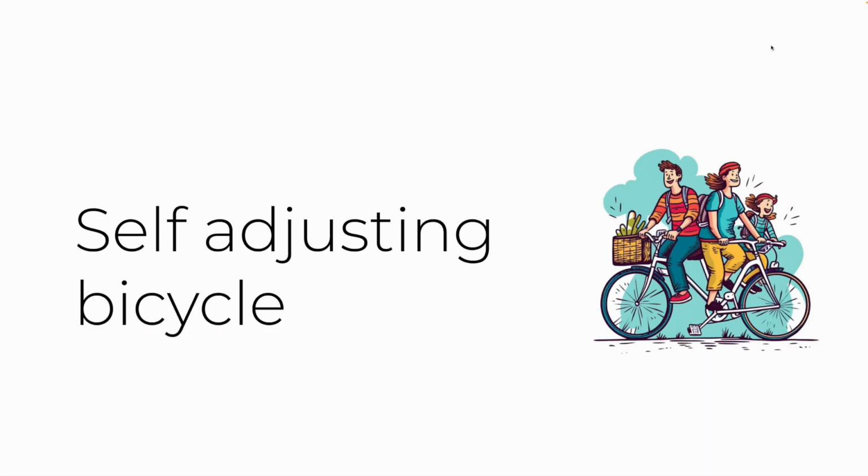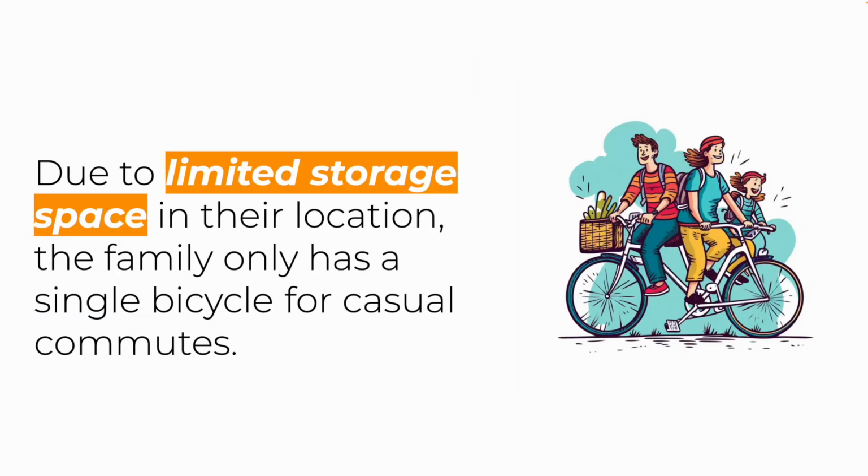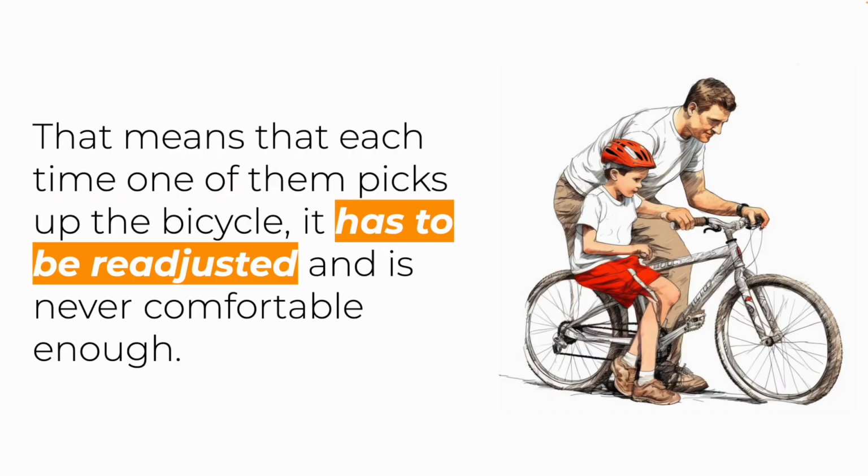Time to see what we've got. We're looking at the journey for a self-adjusting bicycle for the Jones family, John, Jane, Jack, and Jill. They live a busy life in a big city. And due to limited storage space in their location, the family only has a single bicycle for casual commutes. That means that each time one of them picks up the bicycle, it has to be readjusted